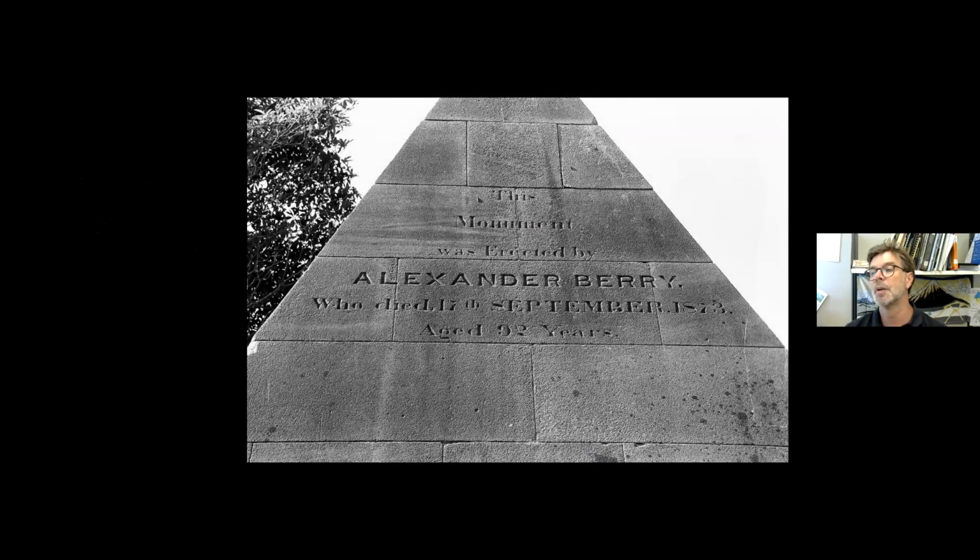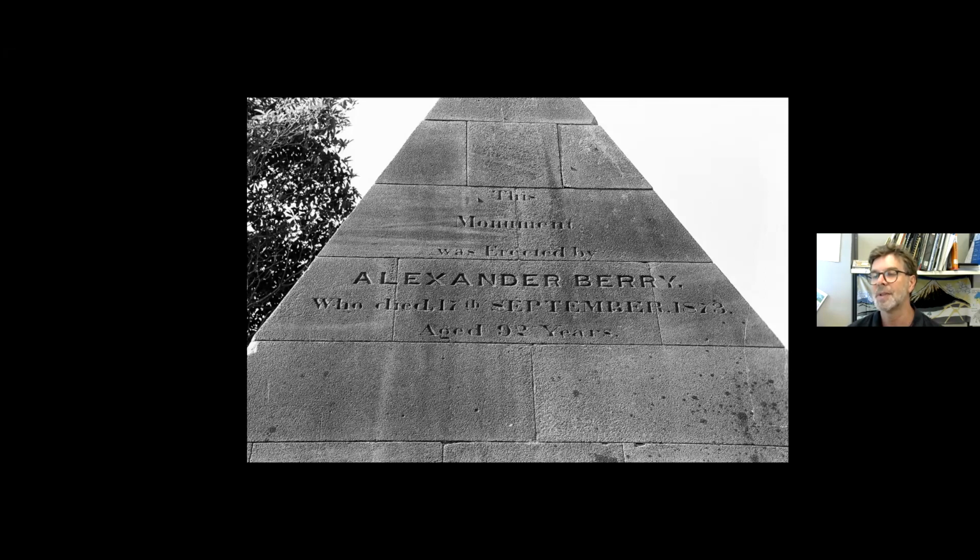Here's the beautiful inscription on the very monument which was the first monument of all to go in at St Thomas's. The pyramid was built of sandstone, beautifully dressed sandstone, beautifully put together. I mean, just immaculate building work in 1845. This inscription must date to 1873, because that's when Berry died and was placed in there. This is quite old. This mix of serifed lowercase font and the capitals there is very early 19th century, 18th century, but there it is being used in the late 19th century.